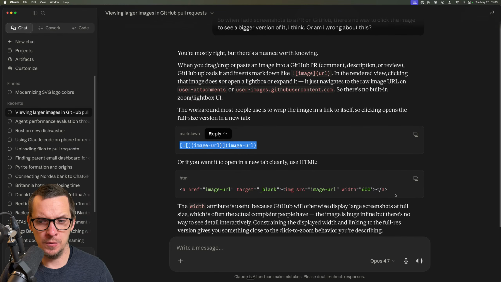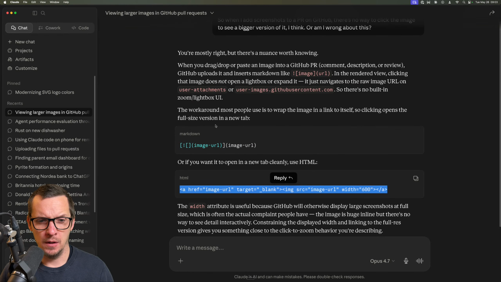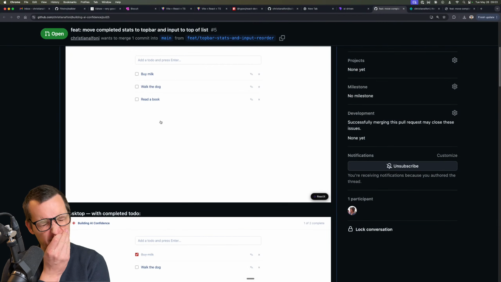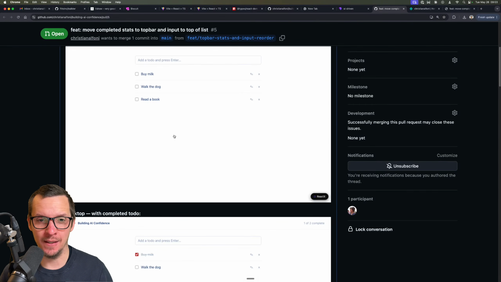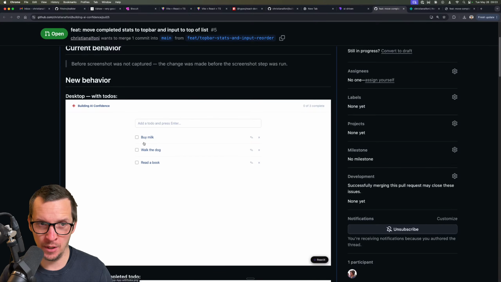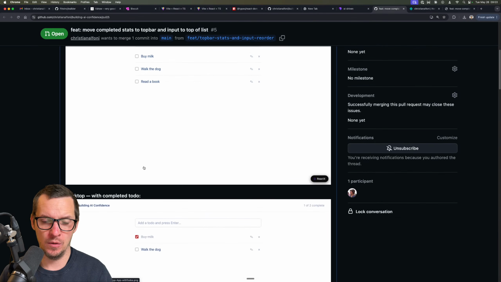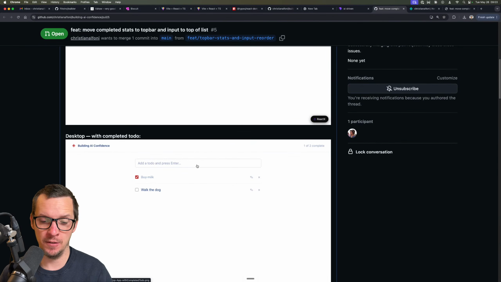Yeah, I want to open a new tab cleanly, because I want to set width as well. So, okay, we can continue on the PR, make that better, so we show images correctly and kind of just continue iteratively on what we were doing. Or we can completely pivot and try to build this service that